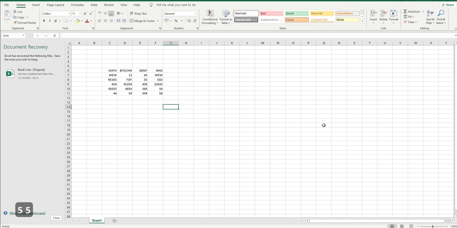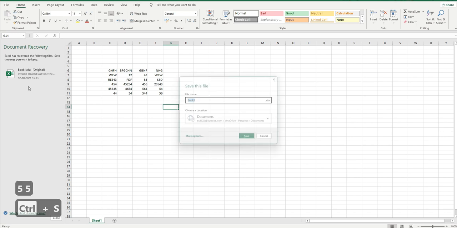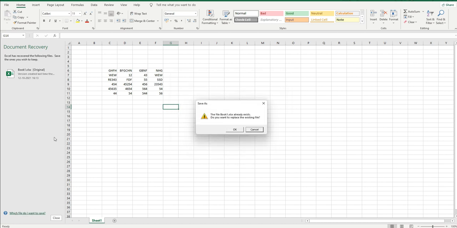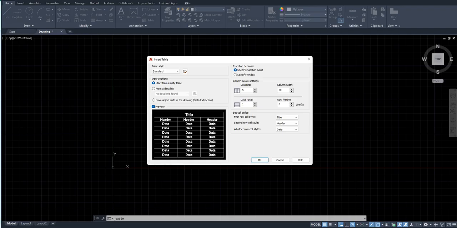So suppose we have this random Excel table. I'm just going to have to save it. Just Ctrl+S, file name book1, choose a location as desktop, and I'm going to click on save. I'm going to click on OK. Going back to my AutoCAD file, over the insert options, you can see I'm going to select from a data